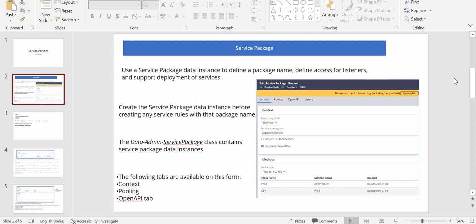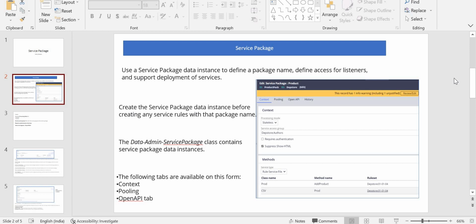And in which class does the service package belong? It is coming under the Data-Admin-Service-Package class, so it belongs to the data instance. Whenever I say it is a data instance, it will not belong to any rule set. We have to associate this particular rule to the respective rule set, so that whenever we migrate, this also moves with that rule set which you have associated. At the time of creating your service rule, it will never ask you what is the rule set. It just asks you to give the description because this is a data instance.